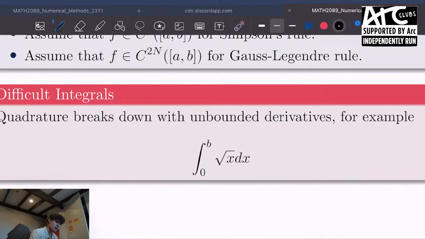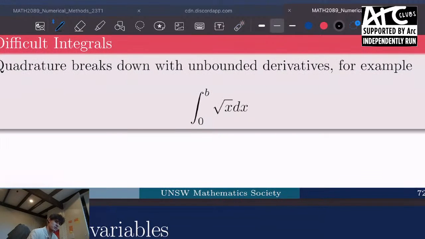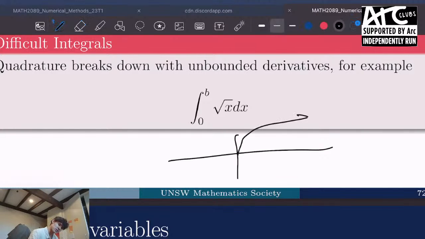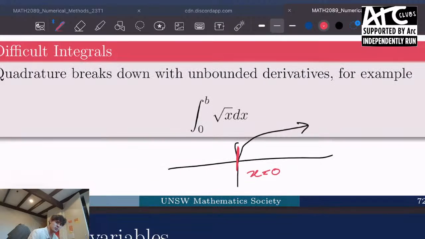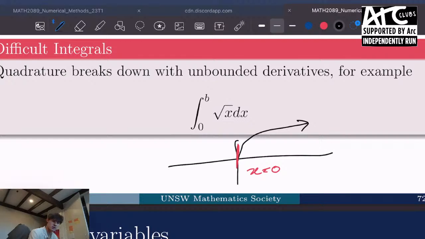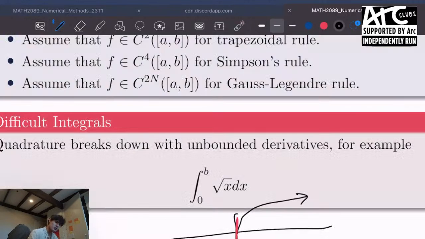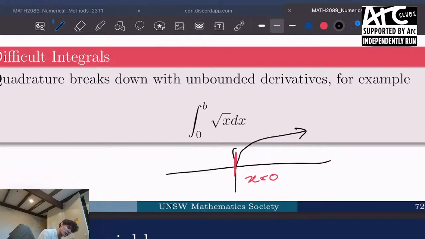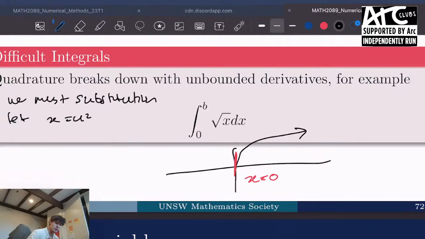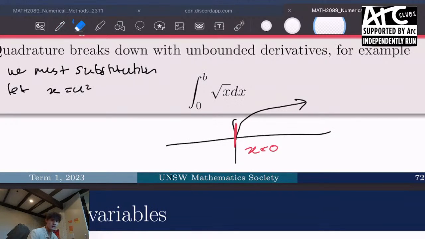Something to keep in mind is that quadrature will break down with unbounded derivatives. So if we look at the integral of root x, for example, we know that root x is not differentiable at x equals 0, and that's going to cause a lot of problems if we just try to use quadrature on this. We're actually going to get incorrect answers. So the solution is that we must perform a u substitution. We can say let x equal u squared, for example,